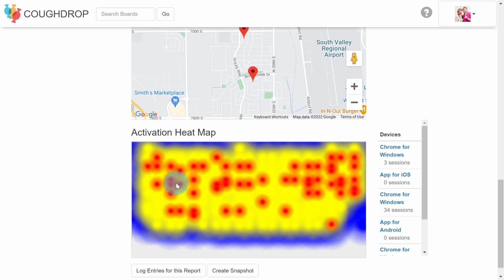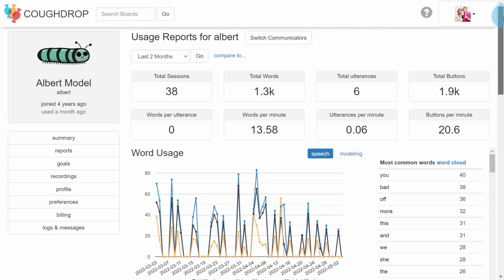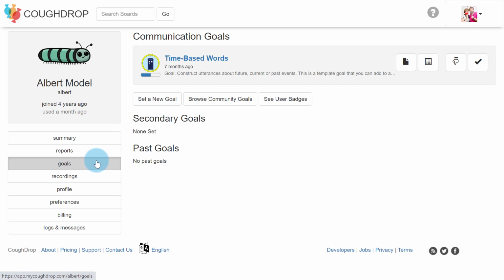You can also see a heat map of where they hit buttons on a particular screen to kind of understand what's been going on with that. If you like, you can pull up the logs for a particular communicator and see exactly what has been going on, every button press that has taken place. If you have set goals within the system for a communicator, you can come and check the status of those